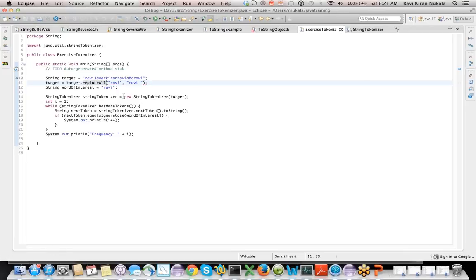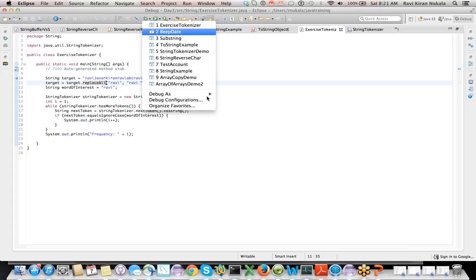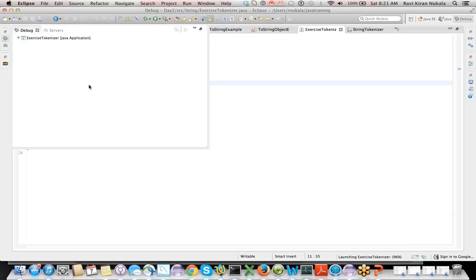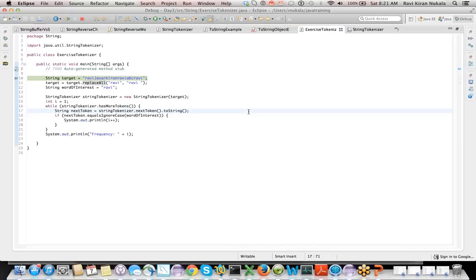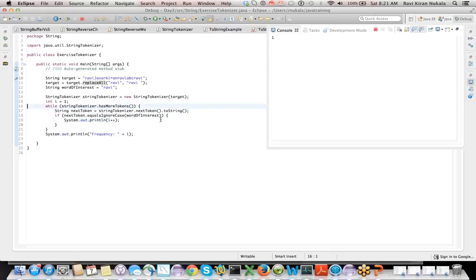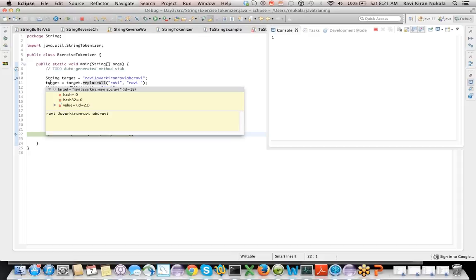Okay, I do a replace all, so now we'll get the right count. Okay, see here. Okay, so it did not replace all the Ravis then. Okay, let's see what the target is now.